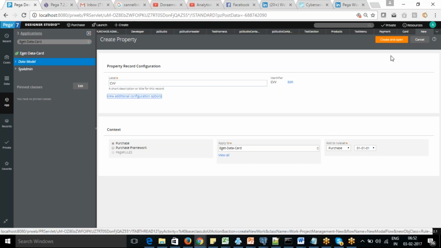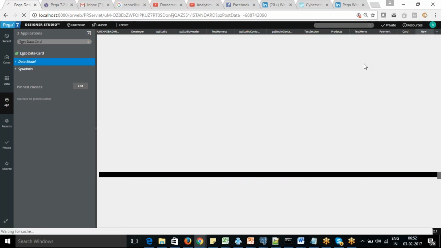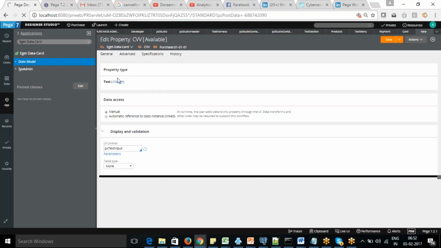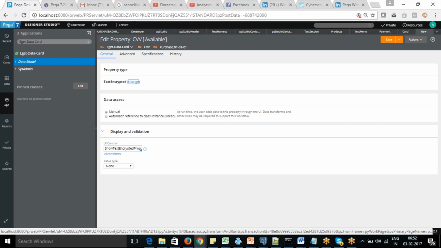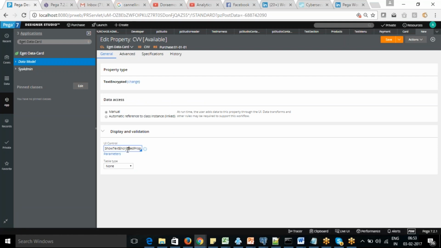I can choose the type of field from that. That's fine. So I can change the type of the field now, and I have an option for text encrypted. So that it will show as encrypted now.